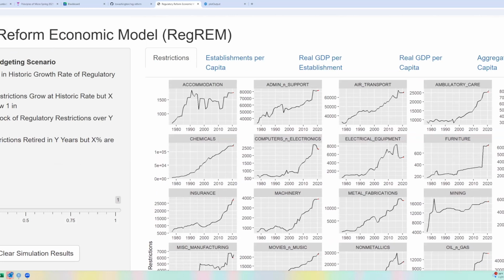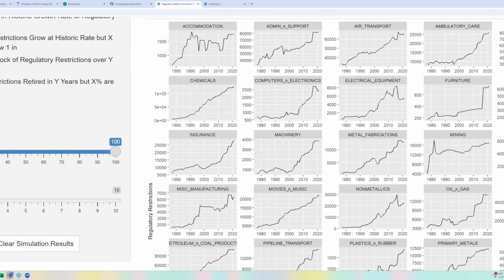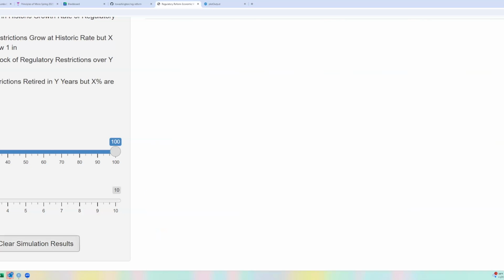Now, if you want to get really dramatic, then you can do something like, let's get rid of all of them, which of course I should point out, the model is fitted to data, and getting rid of all regulations in a year is not really something we've observed before, right? So the further you move away from the data, the more you become worried with the model fit, because you're doing out of sample forecasting that's far away from the data. But nonetheless, if I run this one,